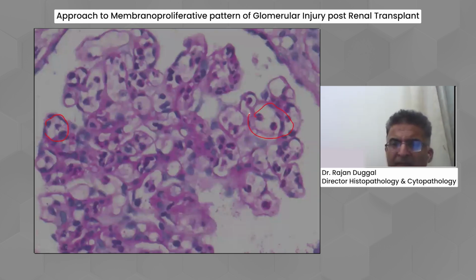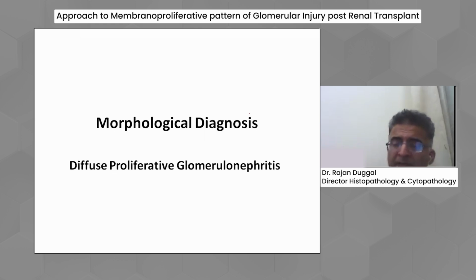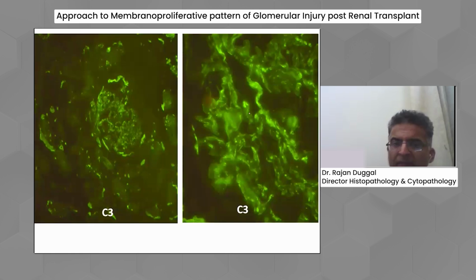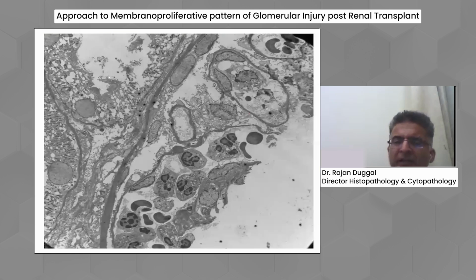Okay, this is the ABO compatible transplant. C4d was positive, and that was related to accommodation. So morphologically, it is a diffuse proliferative glomerulonephritis. What is the next step? We need to do immunofluorescence. Okay, immunofluorescence IgG, IgM is negative. So likely possibility is it is not an immunoglobulin driven lesion. Okay, but C3 was positive. C1q was negative. So it suggests that there is a diffuse proliferative glomerulonephritis, which is neutrophil rich, and you are